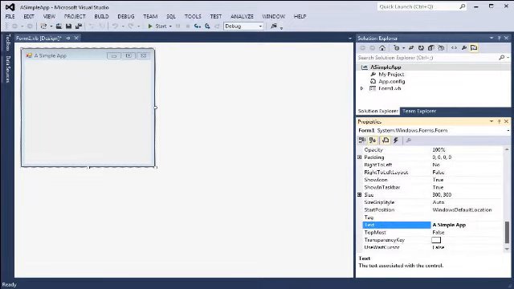So I have changed the title, and what I would like you to do is, as you program, begin to learn the properties of different controls and of the forms that you'll be using. For example, here I'm at the text property of the form, and maybe I'd like to know a little bit more about that, or I have a question: what really is this? Well, F1 gives us a quick way to go to help to find out information about that. And since my cursor is located in this particular property and I hit the F1 key, I'm going to go out